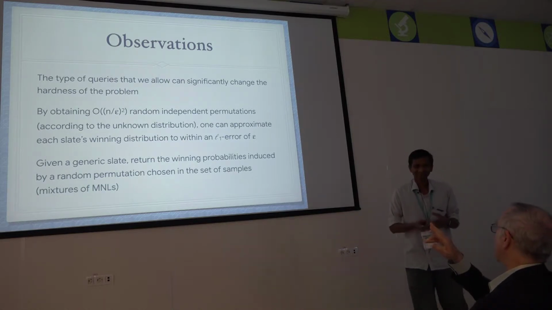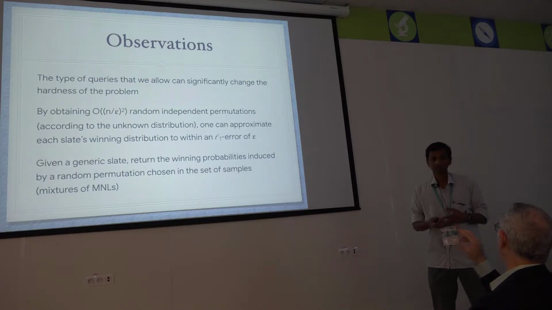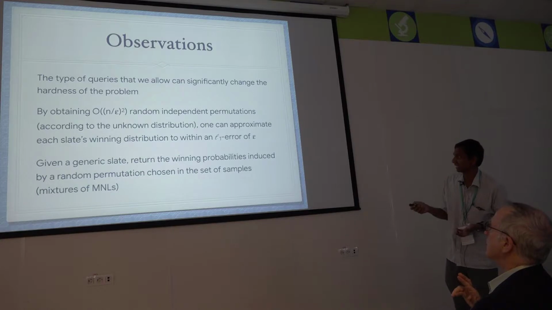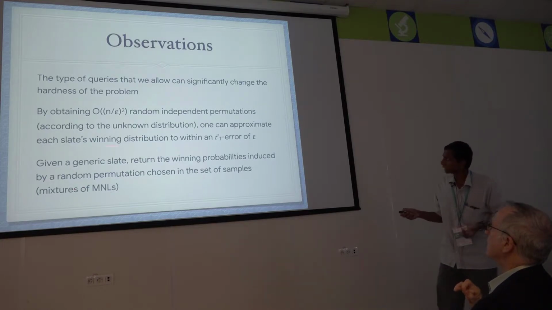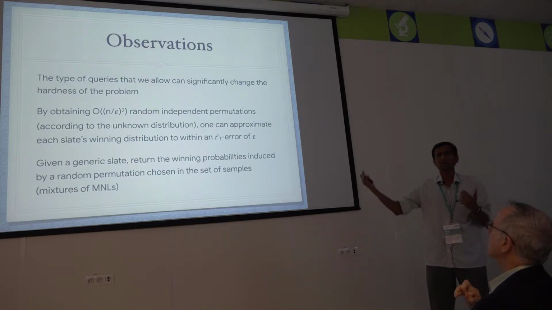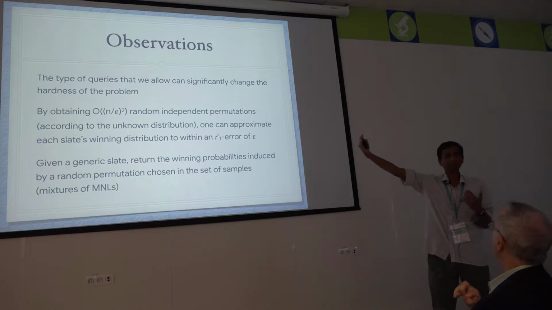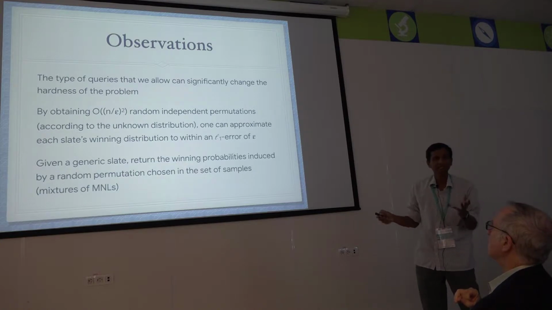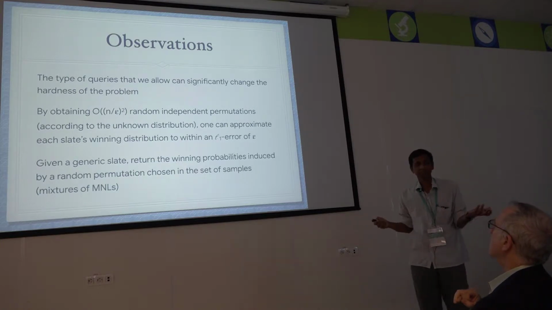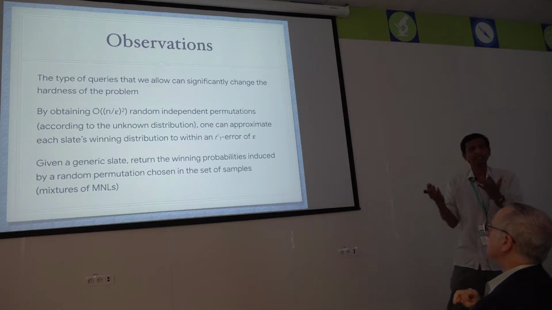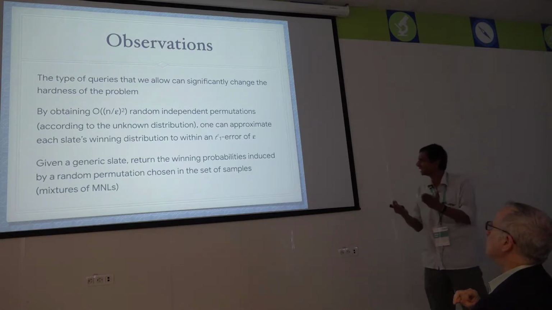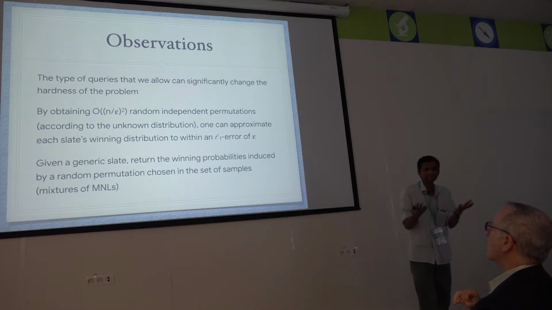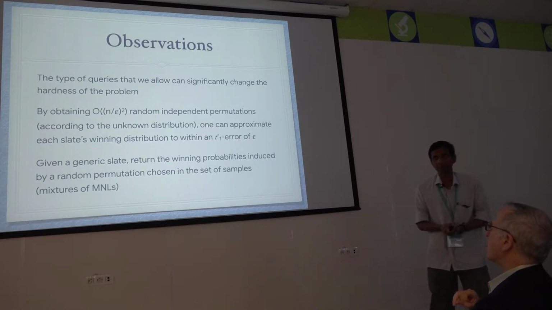Here you mean obtaining the entire permutation, not just the top one. Yeah, the distribution actually can obtain the entire distribution for every slate, right? And that can be done by, the algorithm is very simple. I assume the distribution is accessible, so I just sample the distribution independently and I take this many samples and I just answer accordingly. That's it. And you can show using Chernoff bounds that this actually will work, will approximate the winning probability for every slate with high probability.